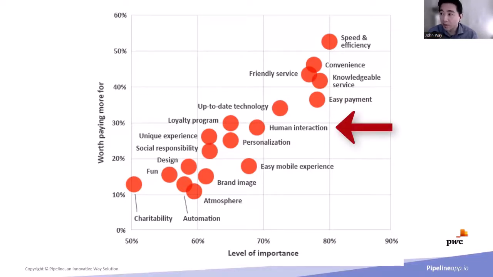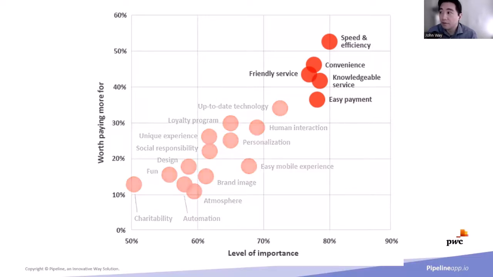Now, human interaction, which surprisingly is much lower. It is down here, kind of the middle of the pack. It is still important, but it is not the most important thing that customers want. And in fact, if you zero in on the top five, you can see here the top five, according to